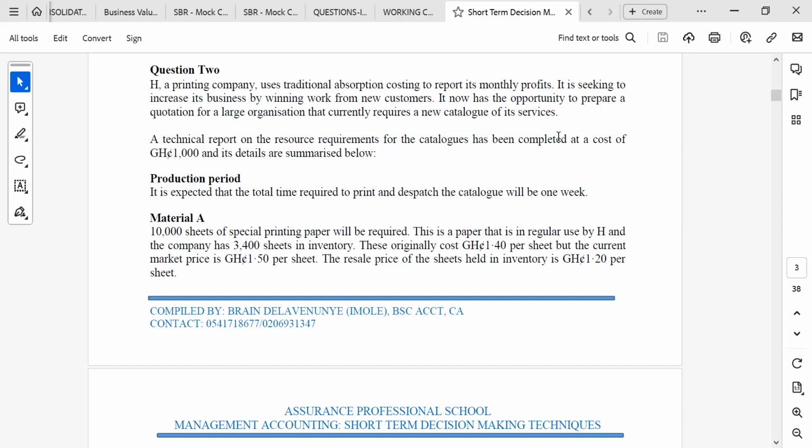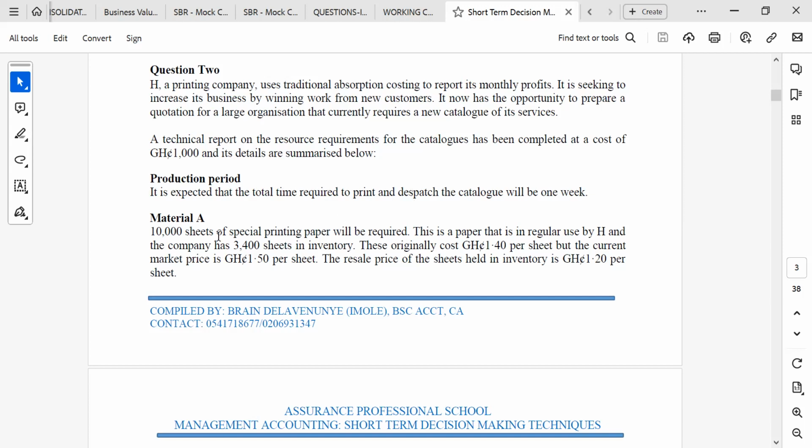It isn't. Okay. Why? It is a sunk cost. Okay, so it is a sunk cost. It's a past cost that is irrelevant to the decision. Whether we undertake the decision or not, it has already been what? Been incurred. Production period. It is expected that the total time required to print and dispatch the catalog will be